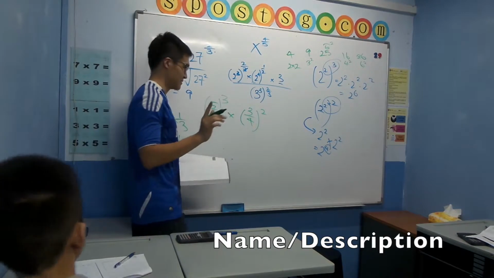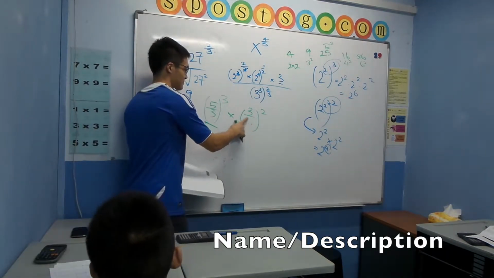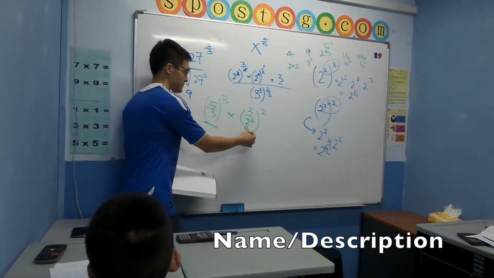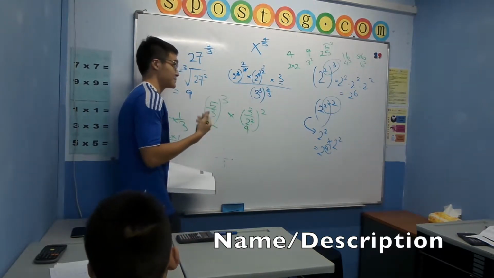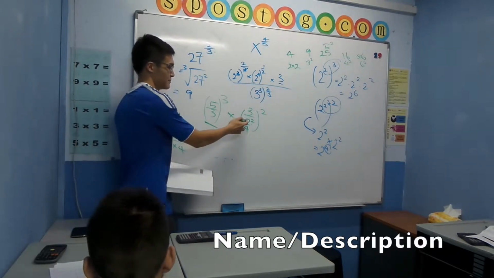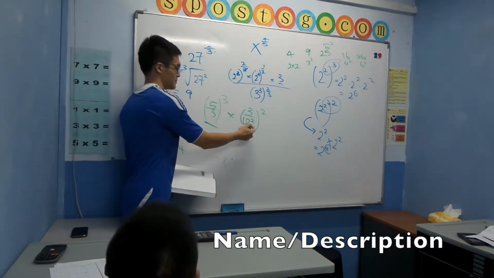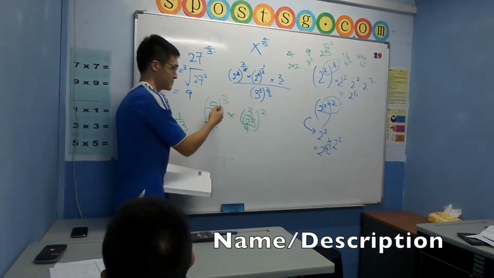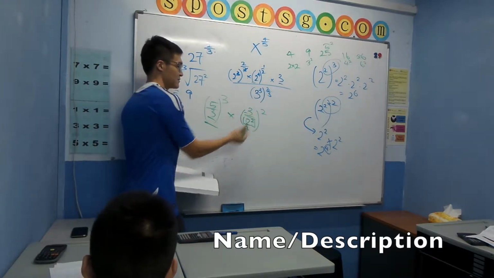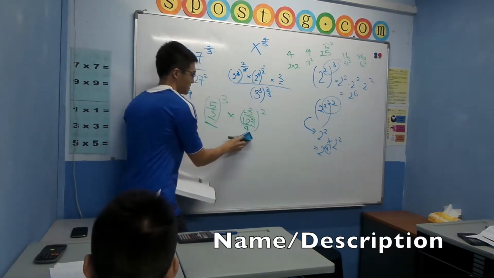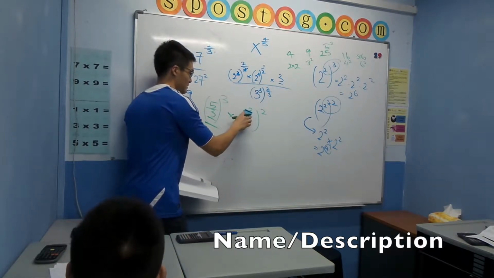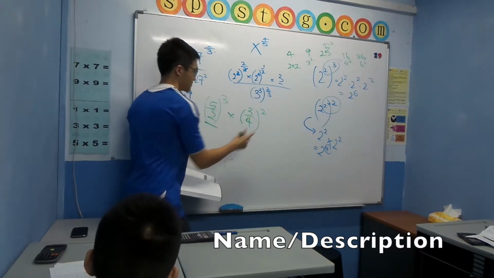Okay? First question. Like that, change and stick it as 4. Is this step redundant? Can you skip this step? Is it a must to do this step? No, because there's no 2. You observe there's no 2. The only important part is the 3 here. Correct? So you can keep it as 4 or 2 to the power of 2, up to you. In this case, we'll keep it as 4.